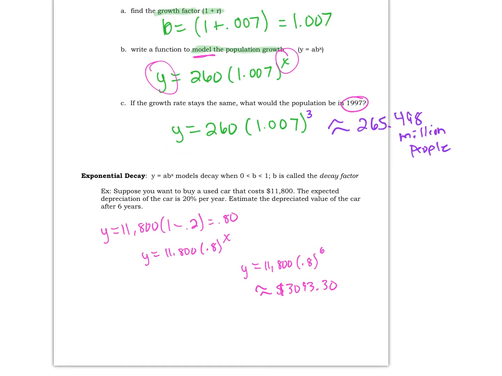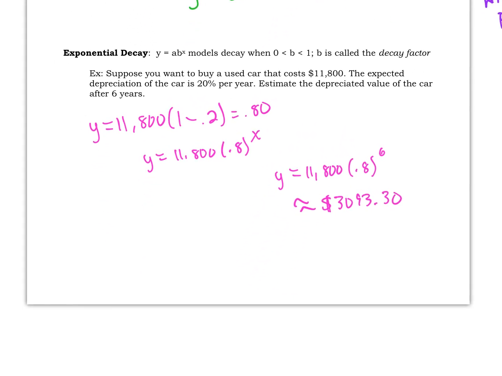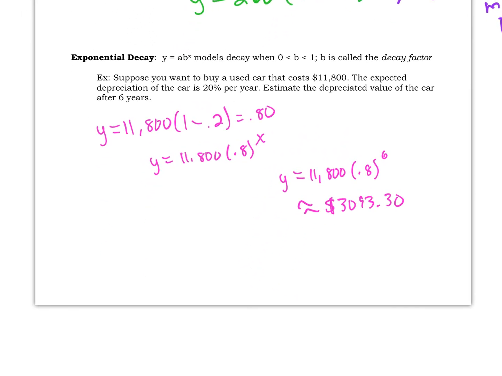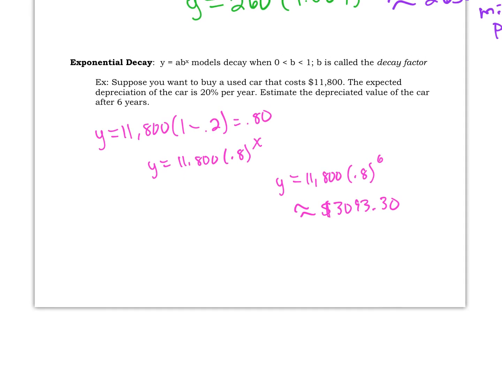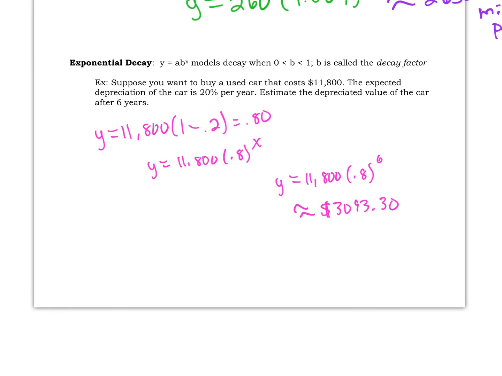All right. And then for this one, we've got decay. It's depreciating, so that's decay. So the growth factor is that 0.8 raised to the x power. So it goes from almost $12,000 in value to $3,000. So yeah, it's kind of crazy. All right,